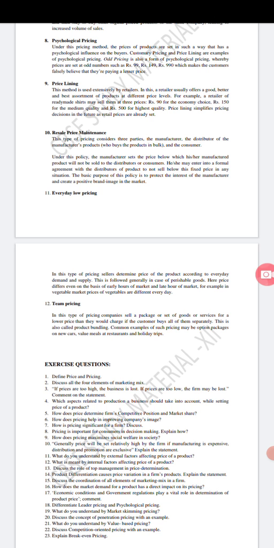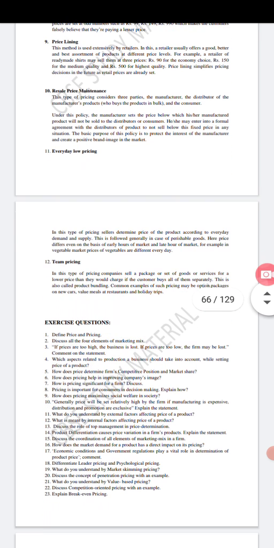So at the time of reselling, price must be maintained. The price can be kept high than the manufacturer's price, but it can't be set below the manufacturer's price. That's called resale price maintenance. It means you have to maintain price at the time of resale. So it is also very easy to learn.